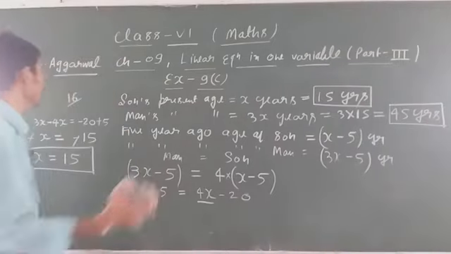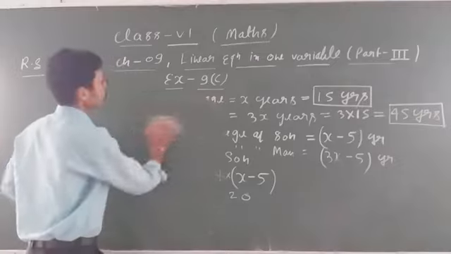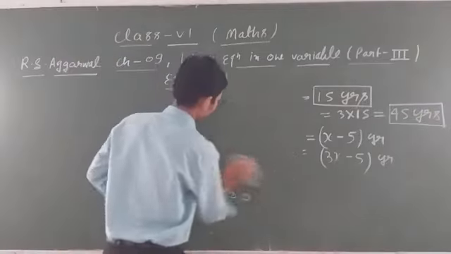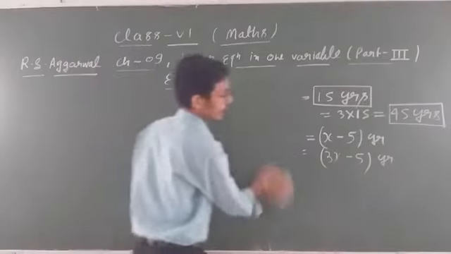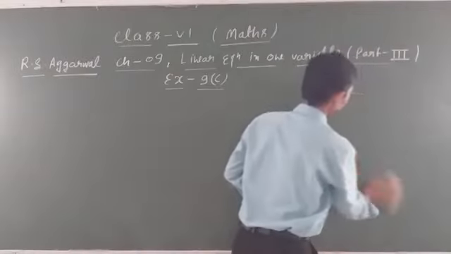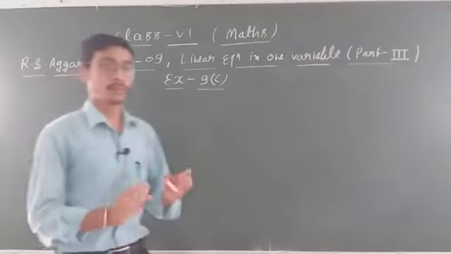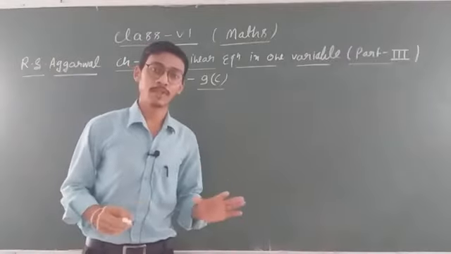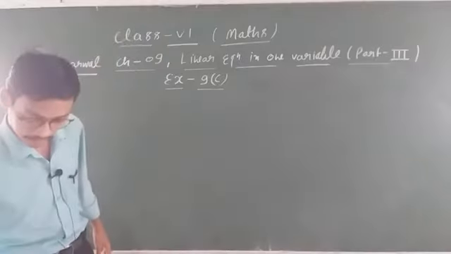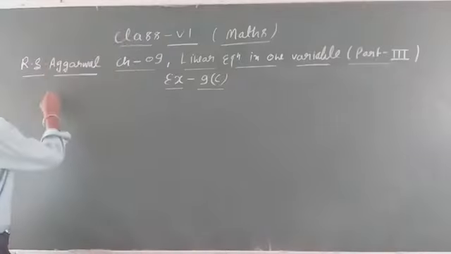So now come to the next question. These types of questions you have to do very carefully. First you have to find out the present age, then you have to check what is given. Is ago given or after given? Before is given or after is given, then you have to write down the proper equation. Clear, students? Now the next question I am taking, question number 23.